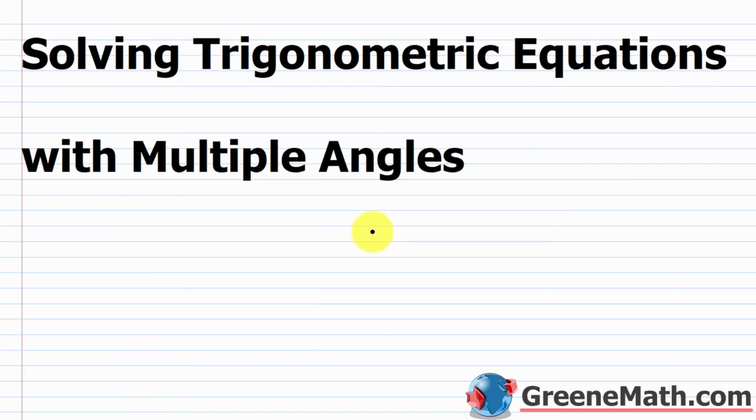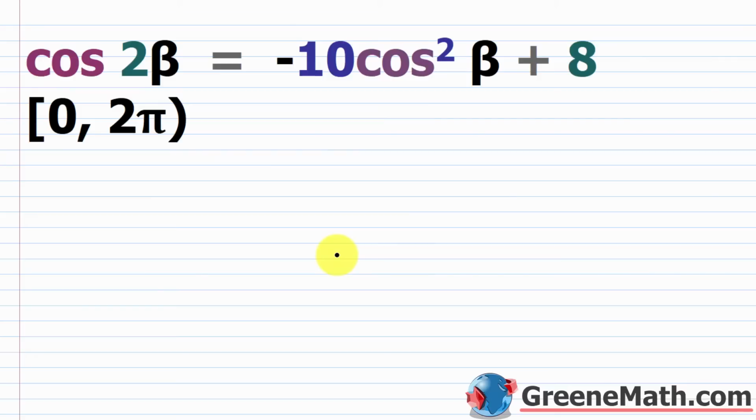In this lesson, we want to talk about solving trigonometric equations with multiple angles. All right, let's take a look at the first problem. So here we have the cosine of 2 beta is equal to negative 10 cosine squared beta plus 8. Now we just want to solve this from 0 to 2 pi, where 0 is included and 2 pi is